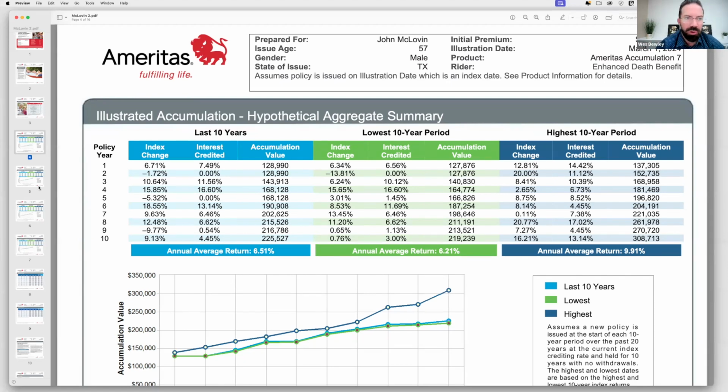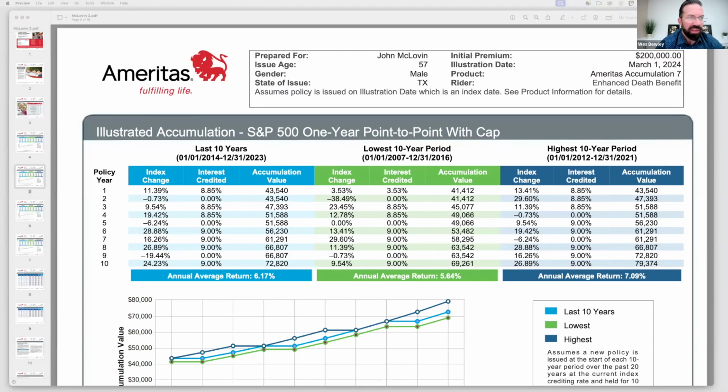Okay, now let's keep going down here. It's starting to get juicy. Now, the next screen looks identical, but it's not. These are the individual investments or allocations that I chose. So there's going to be a few different screens that look like this. They're going to look the same, but they're not. And where they're different is right here, where it tells you the type of index that it is. So this is the S&P 1 year point to point. Notice the worst it ever did. It actually shows you the date range from '07 to 2016. This is the lowest period it's ever had.